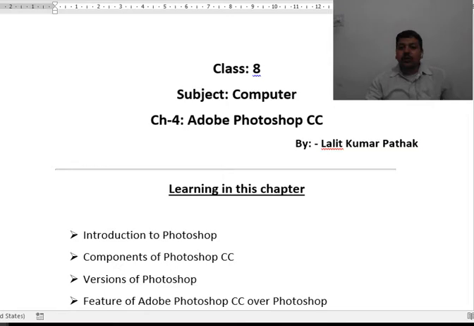Today I am going to explain about the new topic, tool palettes in Photoshop. What are the uses of tool palettes in Photoshop and how you can use these palettes while editing your photographs.